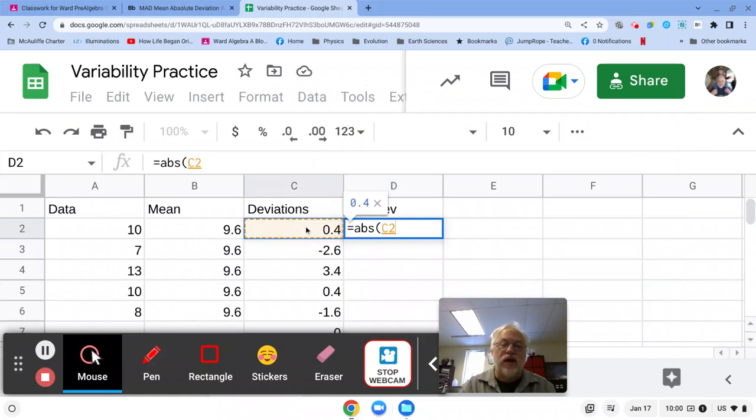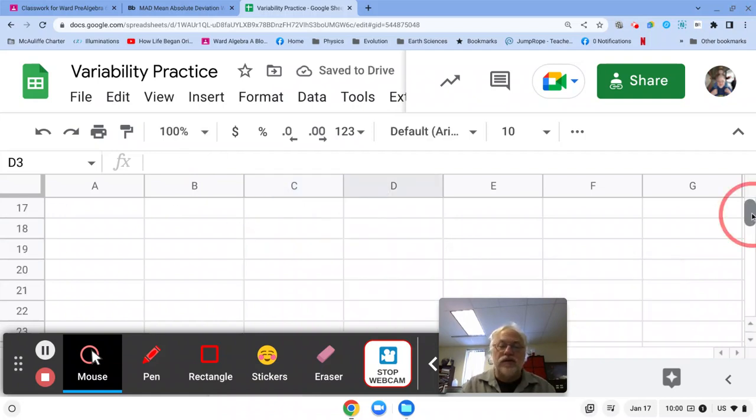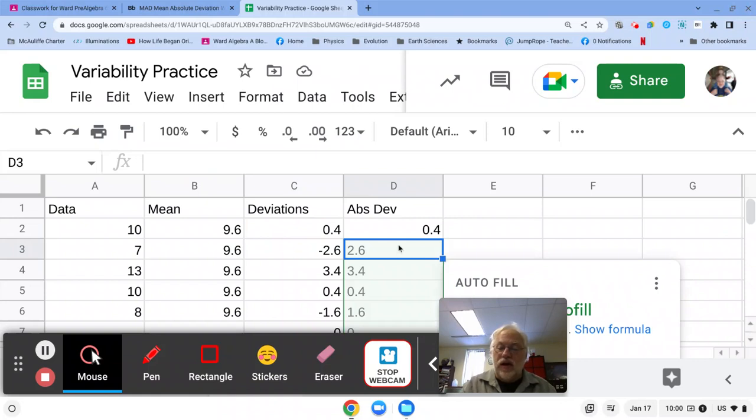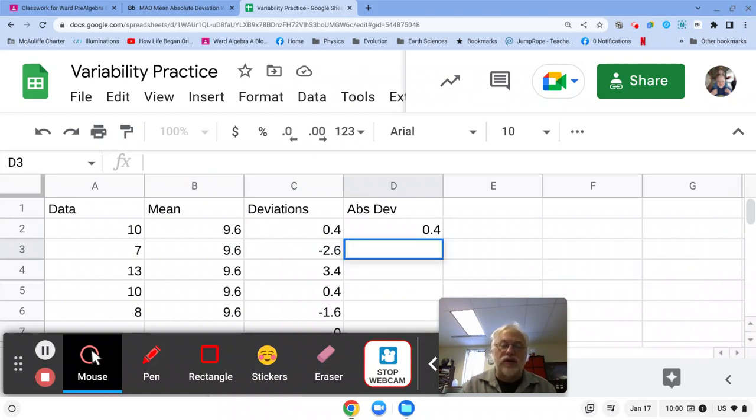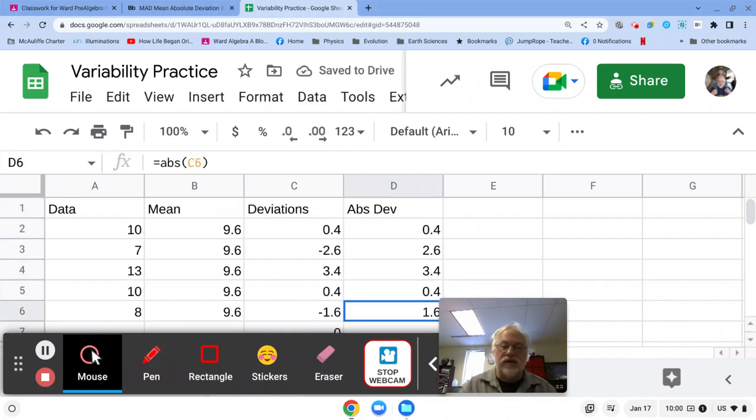I don't want B2, I want C2, and parentheses, and I say that. And now it's offering me an autofill, so I'm going to try to accept the autofill. It did not think I was clicking accept, so I'm just going to do what I did before, and I'll refill that. Okay, now what I'm going to have is all these absolute deviations, and now